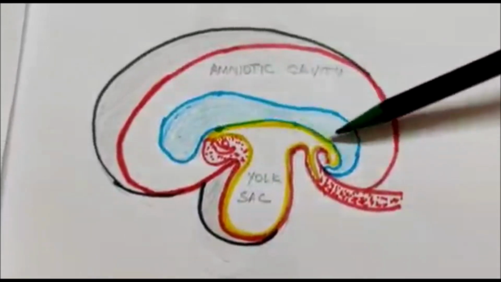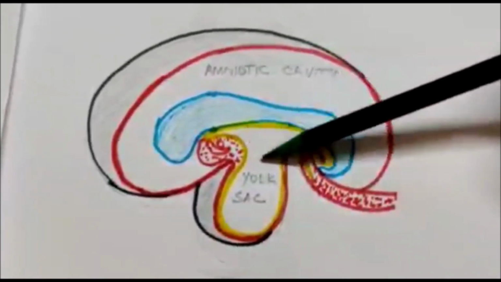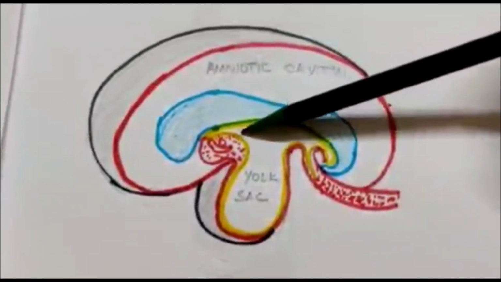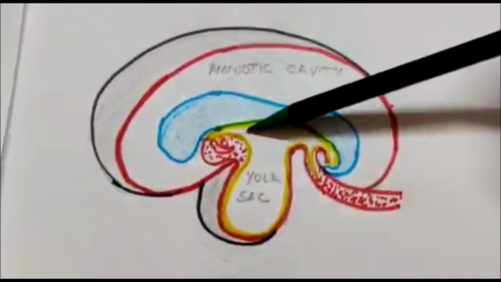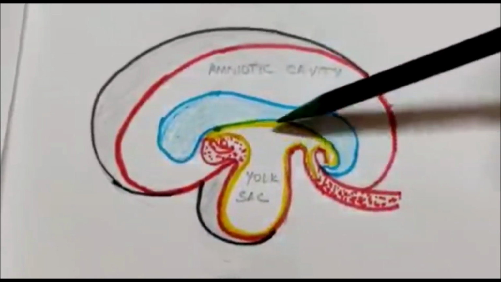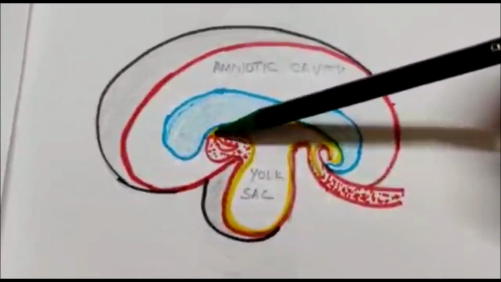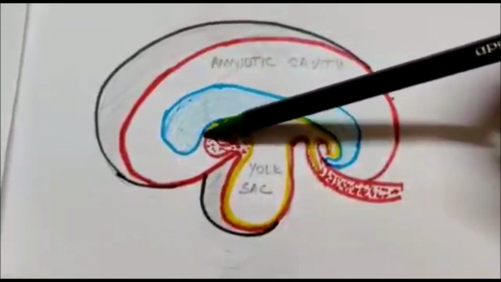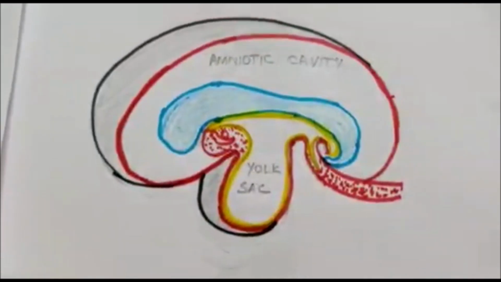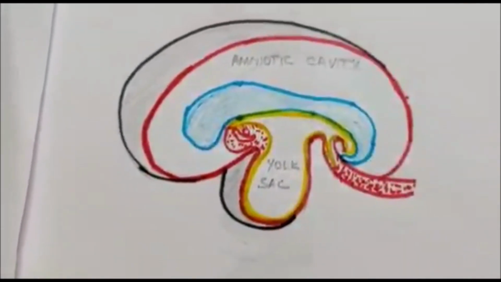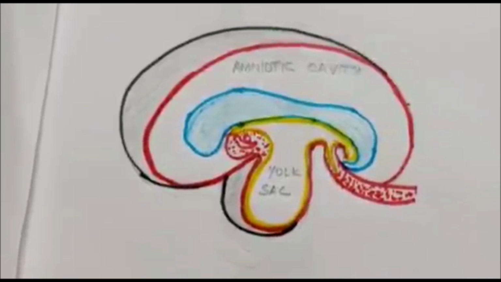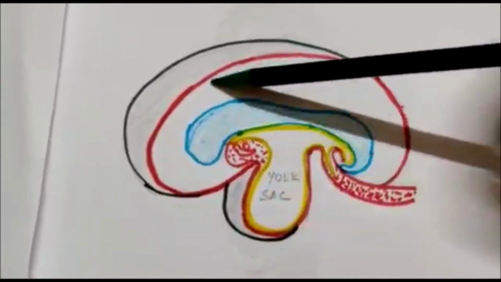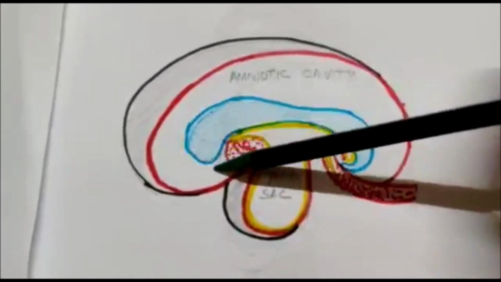Now when this craniocaudal folding is occurring, a portion of the yolk sac is trapped within the embryo, and this trapped portion of the yolk sac will form the primitive gut. Now if you see, the cranial end of the gut lies very close to the stomatodeum, but it is separated from it by a partition which is basically formed by the prochordal plate, and at this point now it is called the buccopharyngeal membrane. Now we will just concentrate on this cranial most portion of the developing embryo.